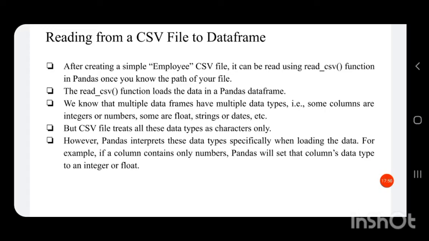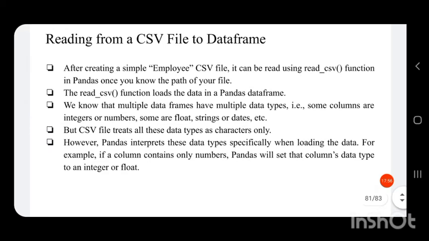While loading data to the data frame, our Python interpreter will convert the data into the appropriate data type. That is, if a particular column contains only integer values, then it will check and convert it into either an integer or floating point data type.